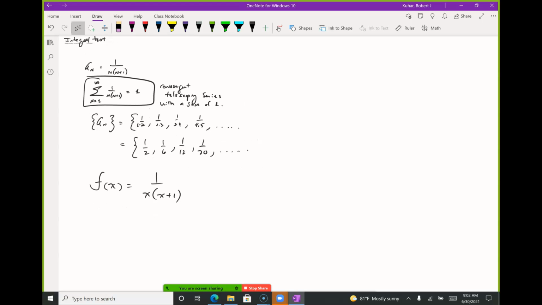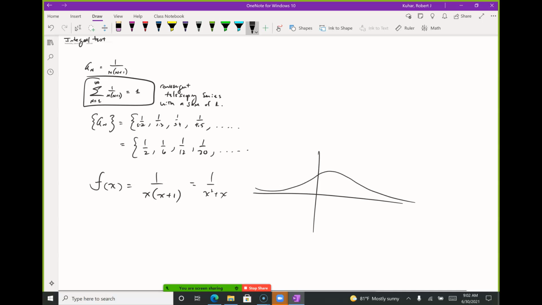So the heights are going to be the same here, right? This is 1 over x squared plus x. Is that right? And that looks like some kind of bell curve. But we're going to go from 1 to infinity, right? And so we're going to get this particular area, and then we're going to be drawing in